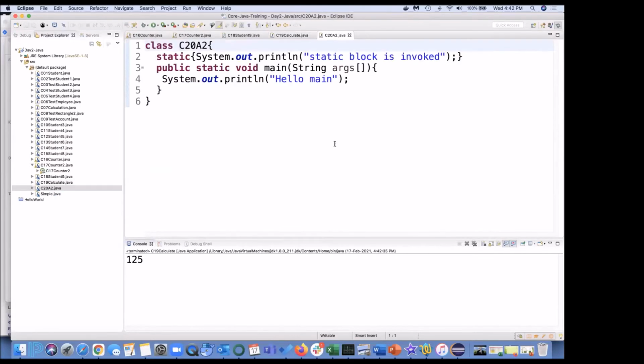Okay, the last program which we are having is when the static block is invoked.